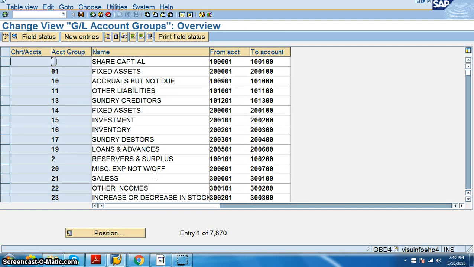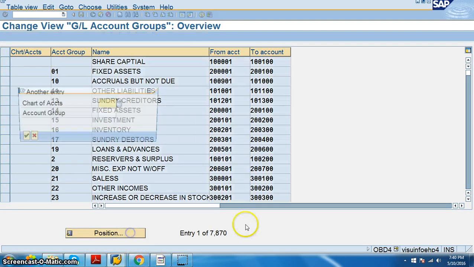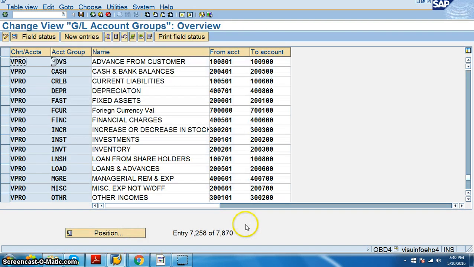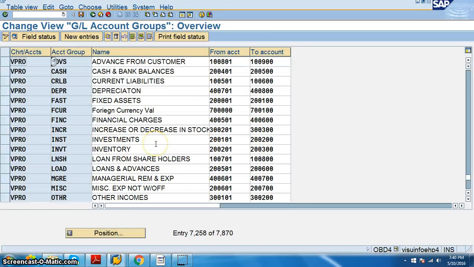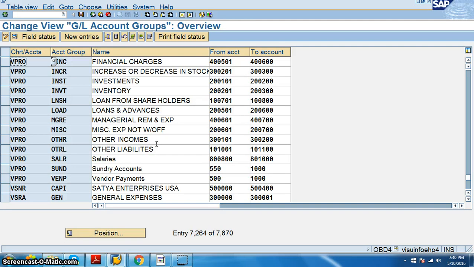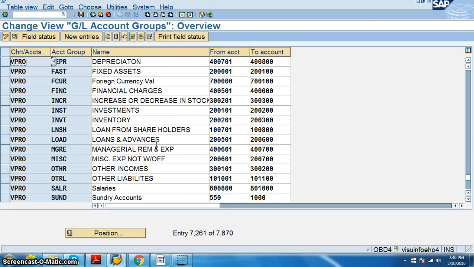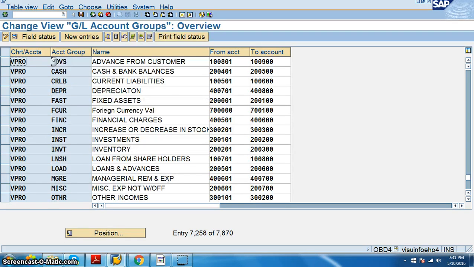In this we have inventory RM account, and let's put that under the inventory.